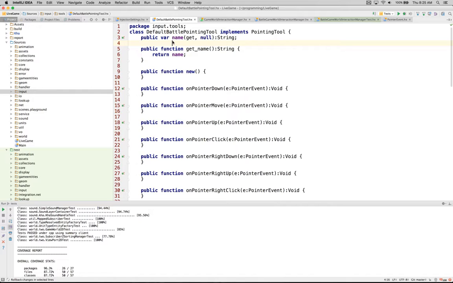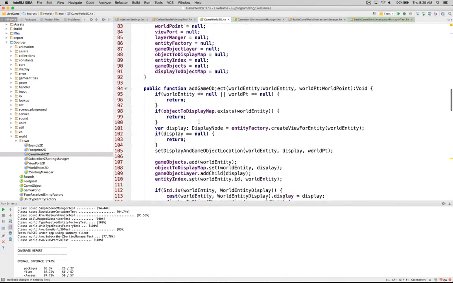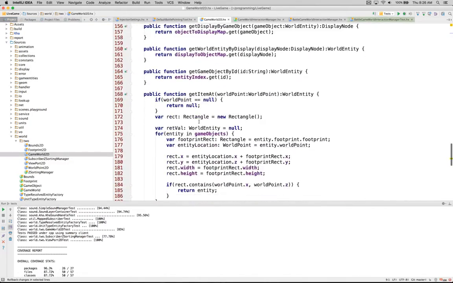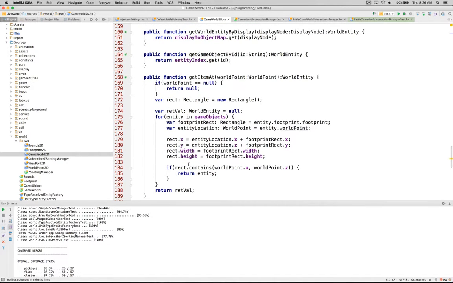Not as easy as it sounds, but also kind of as easy as it sounds. We could do it. It's really easy to do. We'll do it right now. I'll just show you. We need our game world. Actually, I think it's this one here. And there's a get item at world point. I already have it set up. It's just going to iterate through all the objects. So it's already there. So now what we can do